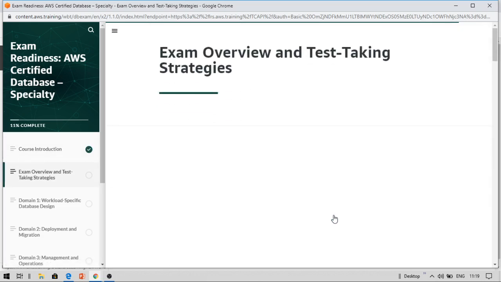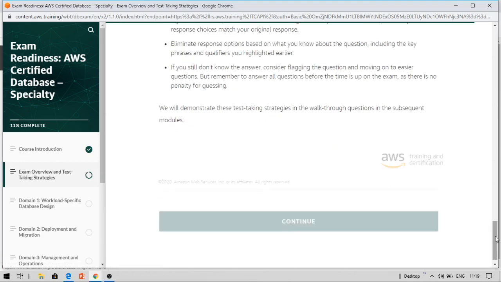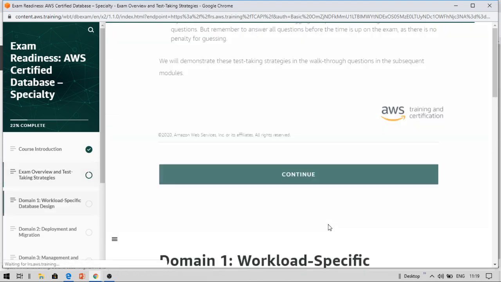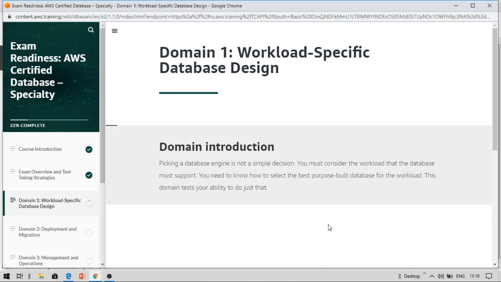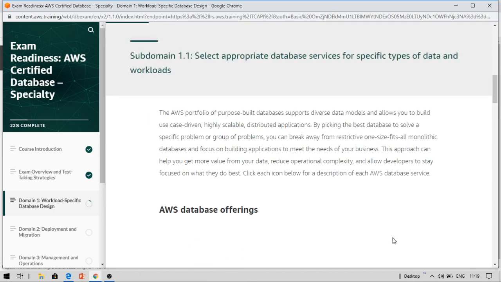Click on continue. So this module has been completed. I have not read this, right? So if you are interested, you can read this. But I have already read this and I have completed it. So I'm showing you a demo of how to get it. You just scroll down, and it marks that you have completed this.